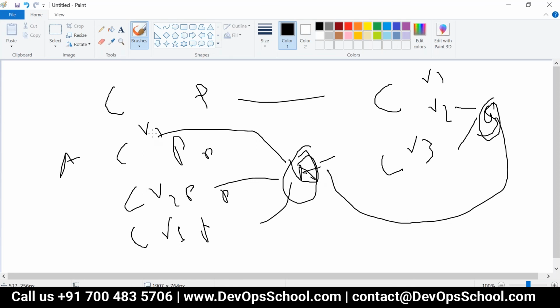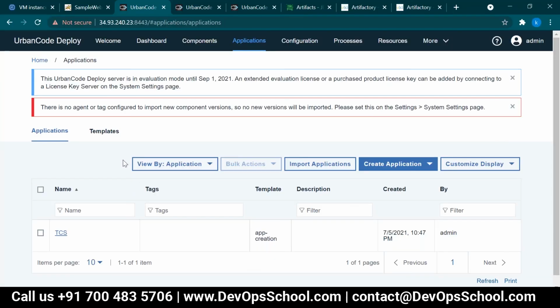If you see the version, because we're talking about this snapshot, version 1 and version 2 are made of different code. So if you take a snapshot of all the versions, it integrates all the code. How will the code function? How could it be deployed? You're asking that, yes. I didn't get you. Can you come again? I said if you take a snapshot of all the versions, just the way you explained now, it will integrate all the versions in one snapshot. I'll show you that snapshot version also.